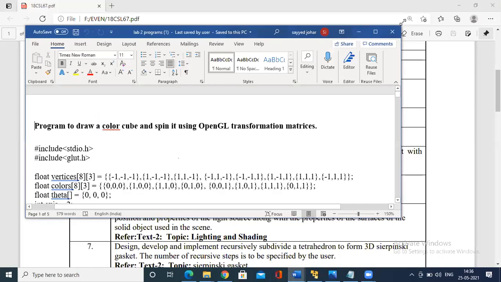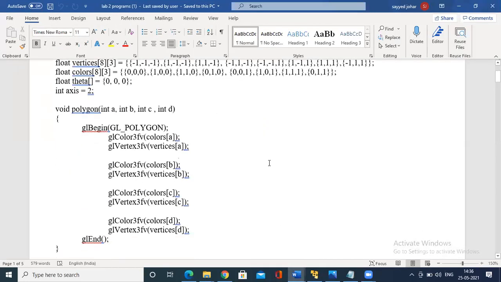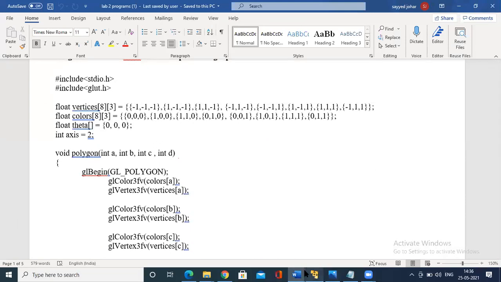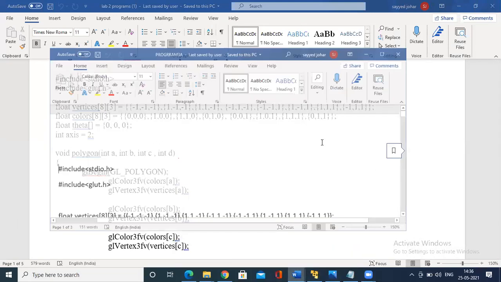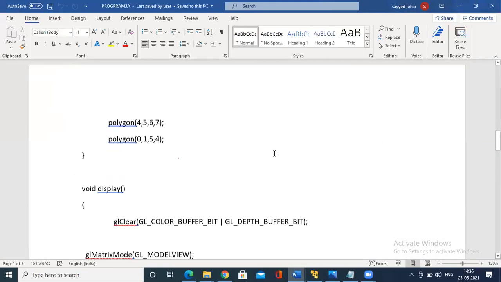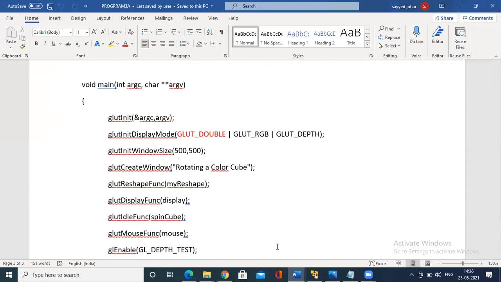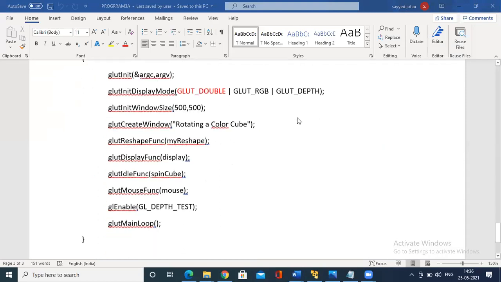So we have two programs as such. That was the rotation of a cube. Those people who have not understood the cube rotation could go to Google Classroom and go through the diagram, and they can try to understand that particular program. Now a few people were facing a problem with the cube: the image was visible, but they were not able to rotate it.